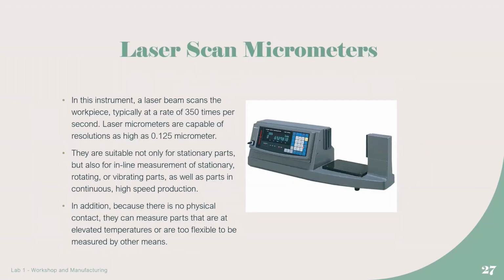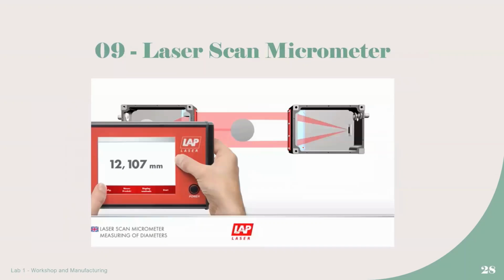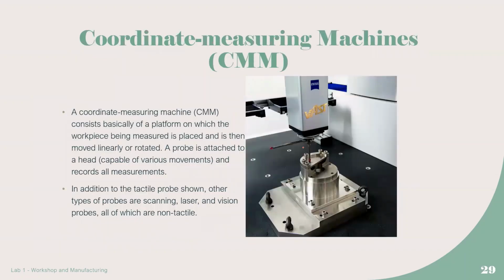Laser scan micrometers. Basically, it uses laser to measure lengths. And here we have CMM. So CMMs are pretty cool machines. That is to say, it just works with coordinate